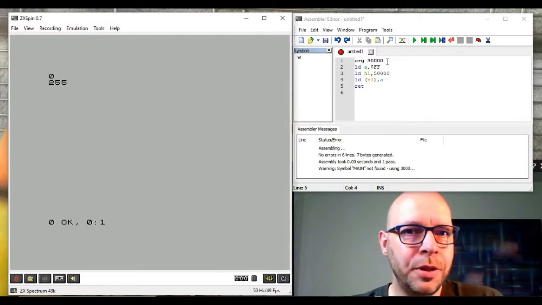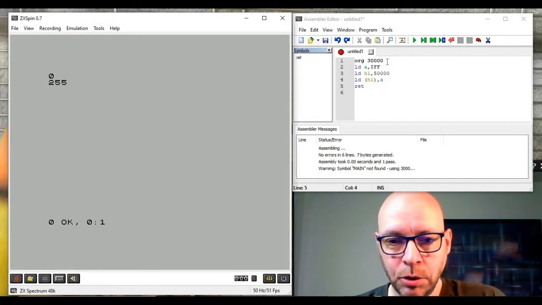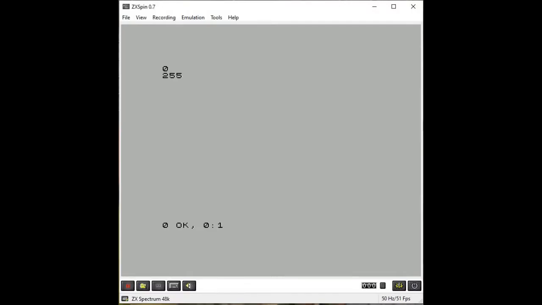So let's do one other thing here, which is let's take a look at our machine code program in memory. We're going to do that using the same method we did in our last video, which is by creating a simple BASIC program that runs a FOR NEXT loop and prints the contents of memory locations for us. So let's type 10 FOR F equals, and we're going to start with our beginning memory location where our program is stored, which is 30,000, and then 2,